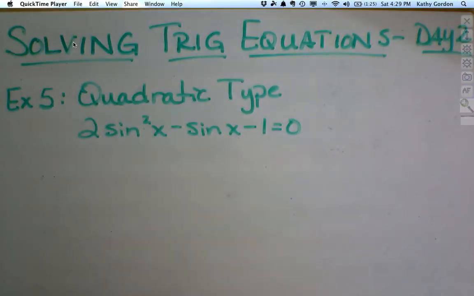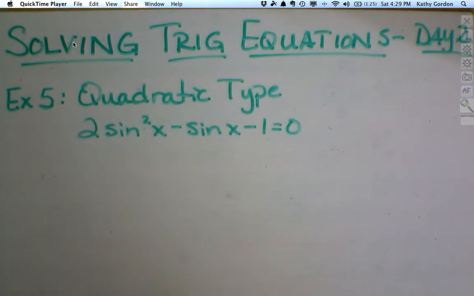So continuing with our lesson from yesterday, I want to take a look at two more methods that you can use for solving trigonometric equations. So the first example today, which is really example 5 in the whole lesson, is an equation that looks like